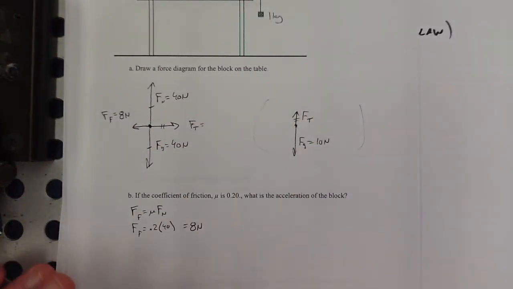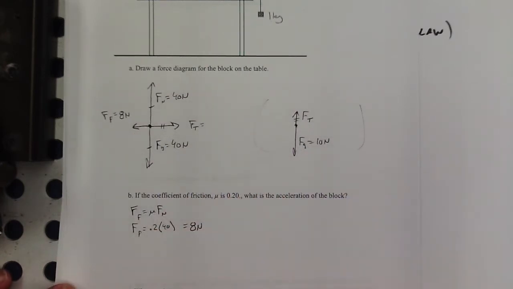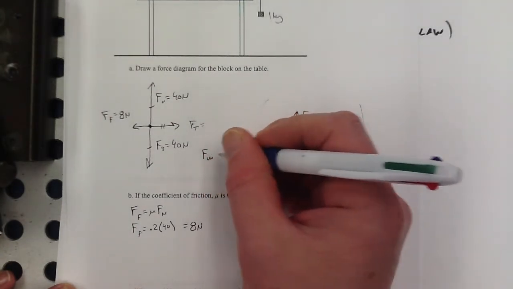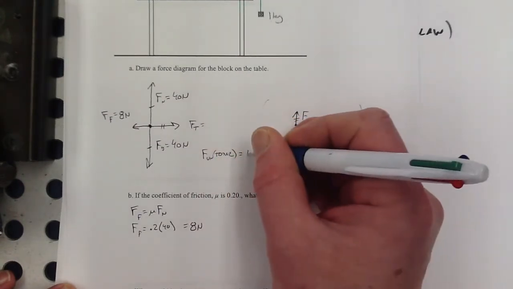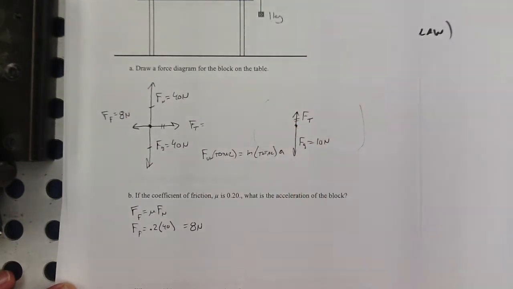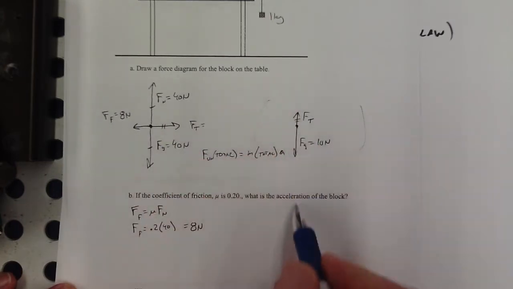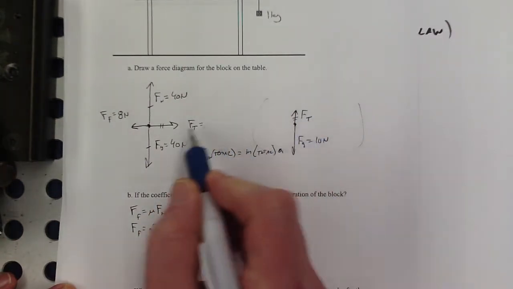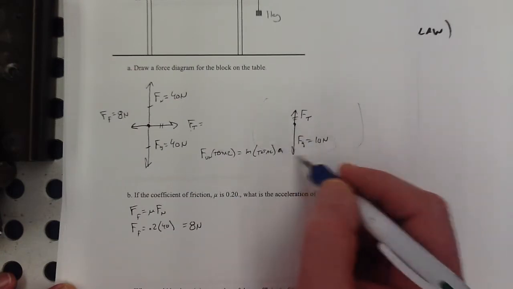So depending on how you did this, remember I gave you two options. You could write the two equations and add them together, or you can just do the total unbalanced force equals mass total times the acceleration. So I will do it this way. The total unbalanced force, as you look through this line of where it's moving, the tensions are going to cancel each other out. So I have 10 newtons in the winning direction here,